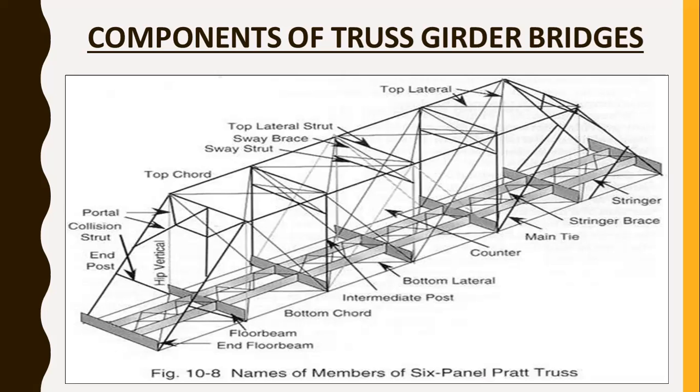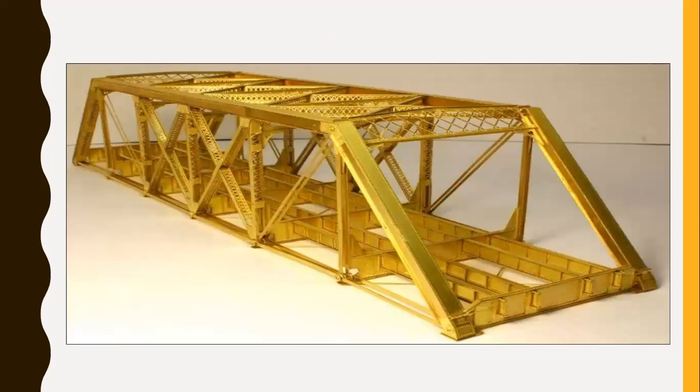Bracings are provided mostly to resist lateral forces due to wind forces or seismic forces, right? We have to be extra careful during difficult times like earthquakes or many such incidents, right? So these lateral bracings provide lateral stability and torsional stability to the bridges. All right, so this is another figure of the roof truss.